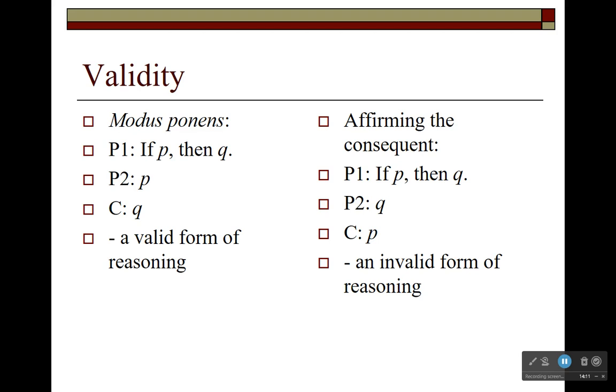Here again, there are some common forms of valid deductive argument that we'll talk about. One of them is modus ponens, and that's always a valid form of argument. There are some common formal fallacies, some common logical errors, let me put it that way, that we'll talk about as well, and one of them is affirming the consequent. That's a fallacy. It's any argument of this form, if P then Q, Q therefore P. That's always an invalid form of reasoning.